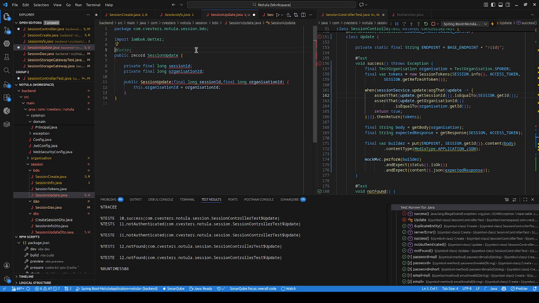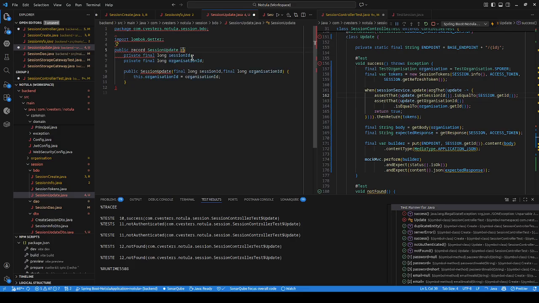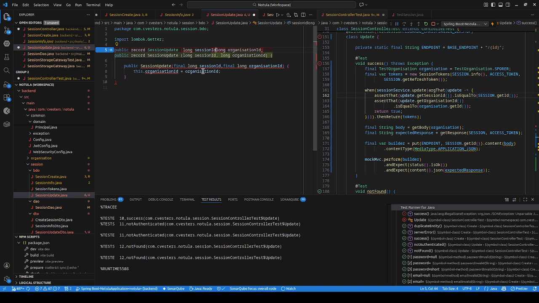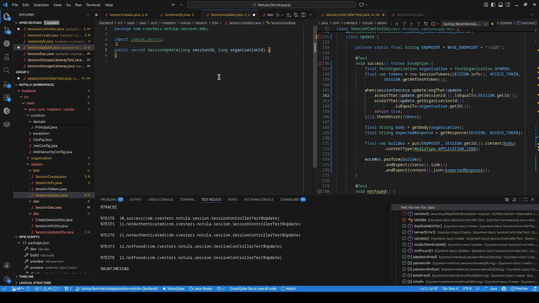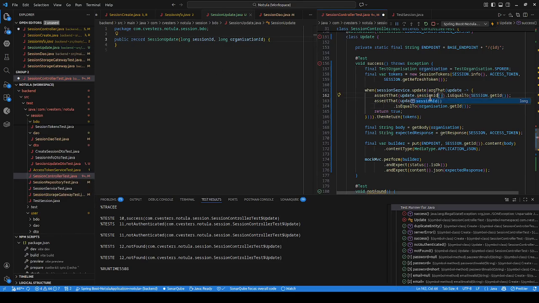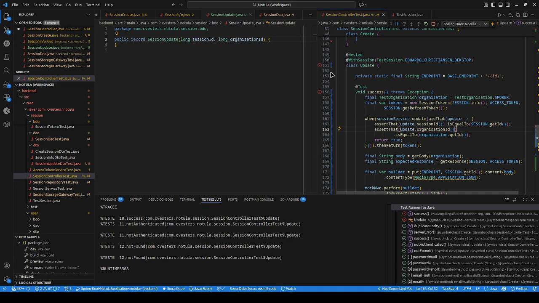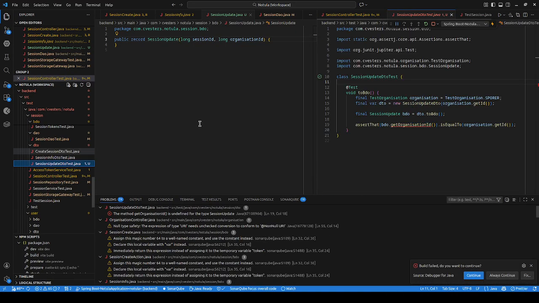Records all, because a session update is something that you only request. No need to ever actually update anything. And then you can do whoop, and this can go away. I don't need to have anything, it's just a data object. This is a session ID, this is organization ID, and that's all perfectly fine. And we run it again, and